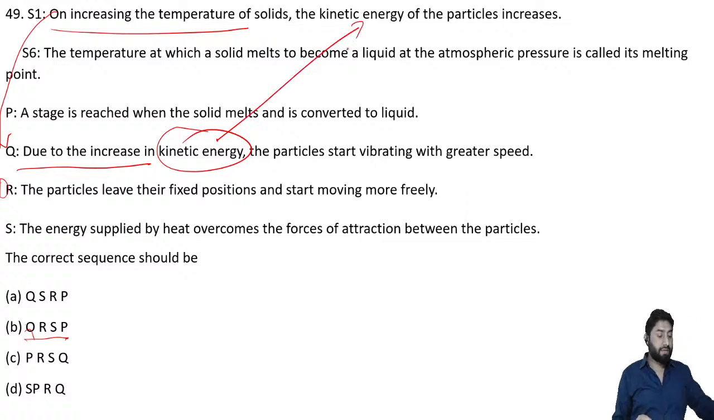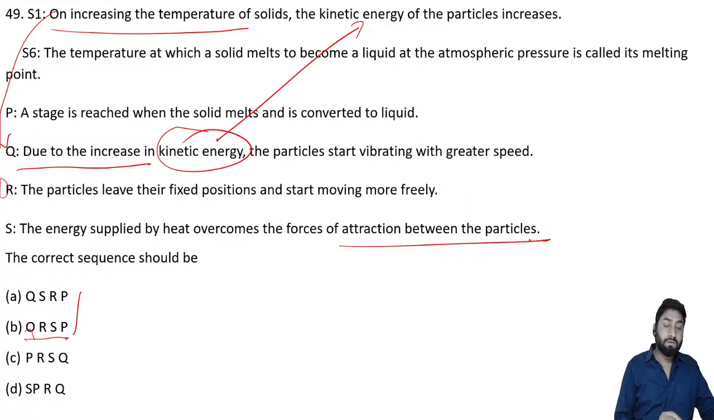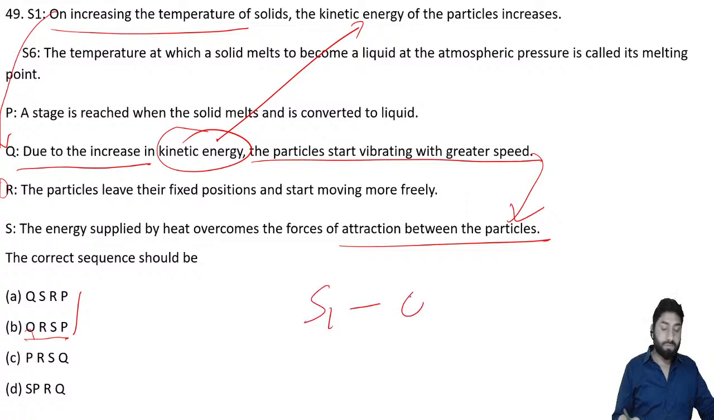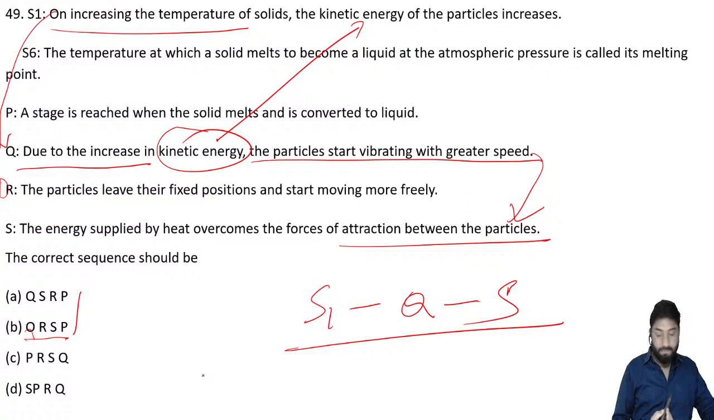So particles. Anyway, so जैसे ही हमने देखा Q, तो obviously we have two Q options, right? Q के साथ हमारे पास दो ऑप्शन है. अब Q के बाद the energy supplied by the heat overcomes the forces of attraction between the particles. Right? Particles are vibrating again. So S1 forms with Q and goes with S. Right? So the answer is Q